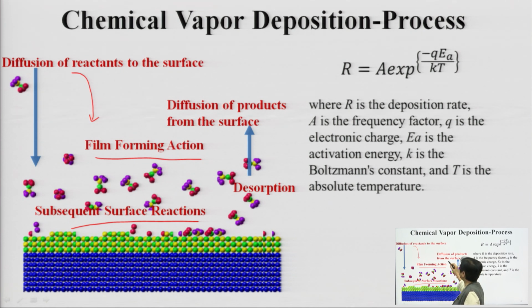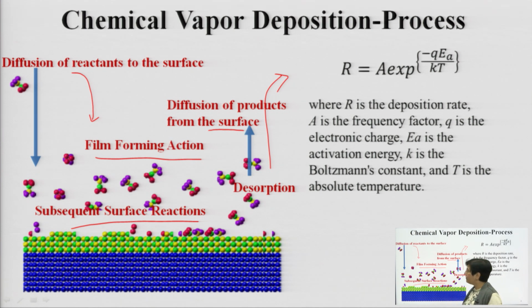whatever is the byproduct, or the residual species produced once the layer or film is formed, has to be eliminated or driven away from the surface. Otherwise, it can contaminate the wafer or create some additional negative impact on the surface. So, this is the overall process happening in chemical vapor deposition.